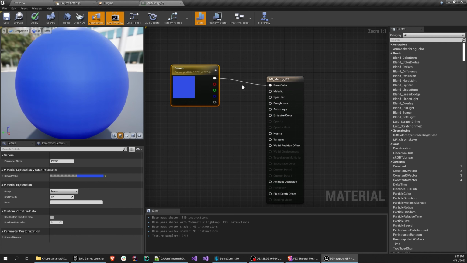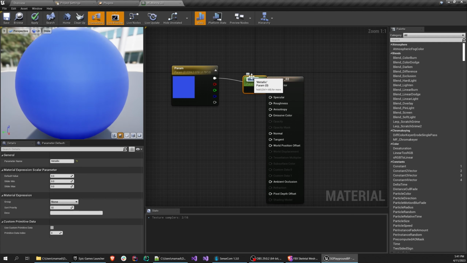You can also play with other things, like if you want to make this metallic, for example, you could here